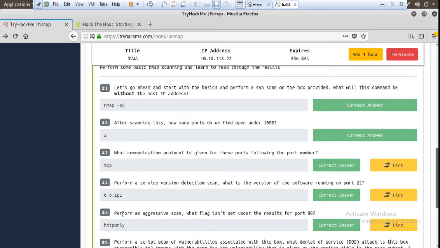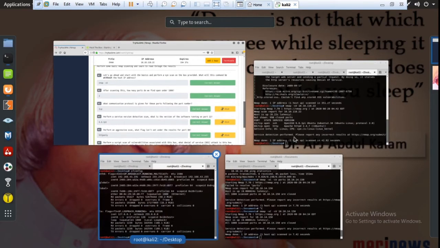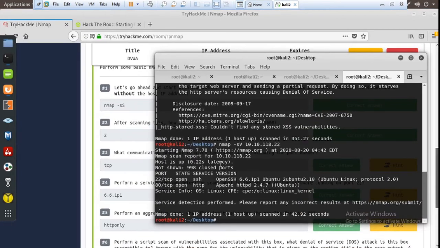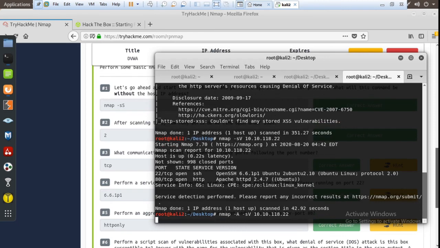And next question: perform an aggressive scan. What flag is not set under the result for port 80? Here it is asking which flag is not set. So use the aggressive scan, -A, and enter.